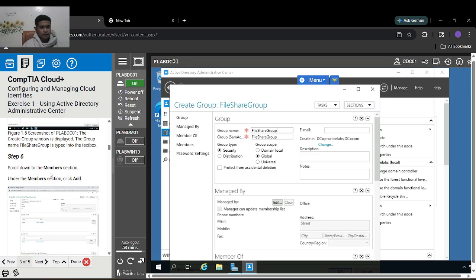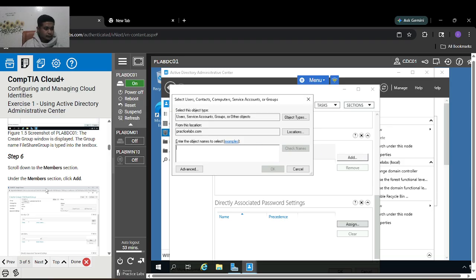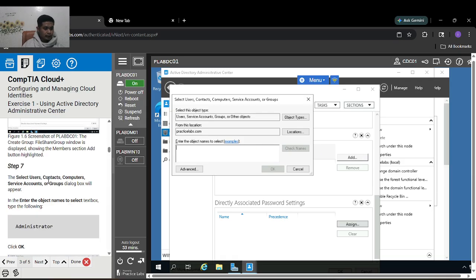Step 6, scroll down to the Member section. Under the Member section, click Add. Select Users, Contacts, Computers. The rectangular dialog box will appear.